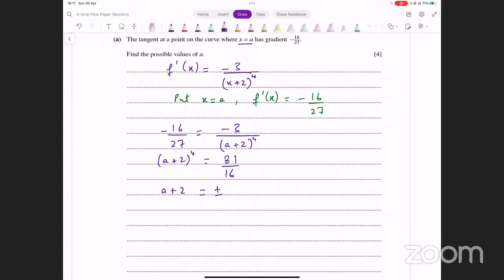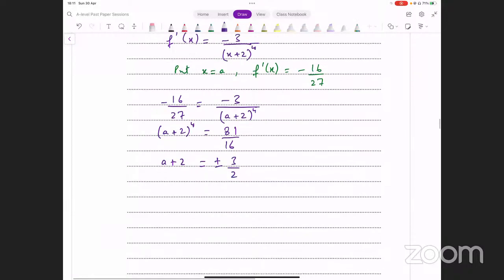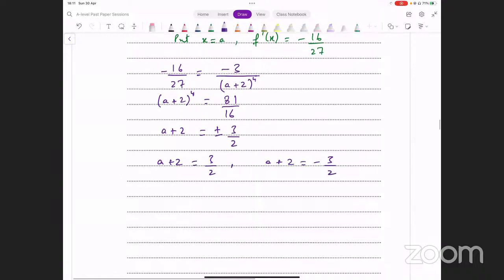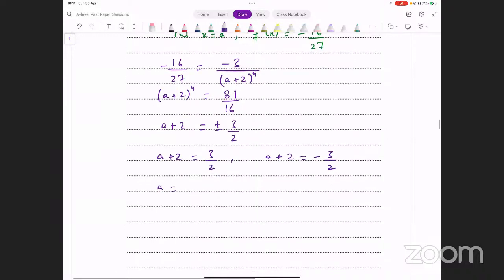But remember, whenever you take even roots, square root, fourth root, sixth root, we put plus minus. So this is plus minus 3/2। We get two equations from this. Either a plus 2 equals 3/2 or a plus 2 equals -3/2। इनसे दो values of a आ जाएंगे आपके पास। 3/2 minus 2, that gives you -1/2, and -3/2 minus 2, that is going to give you -7/2. And these are the two values for a that we were looking for।